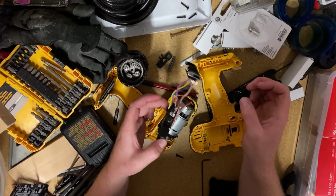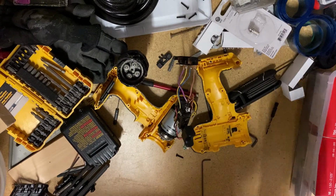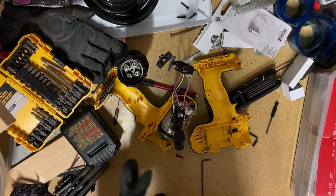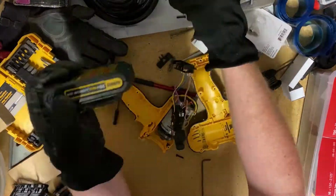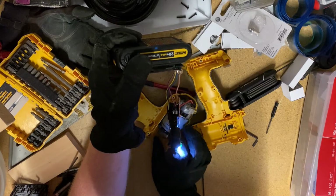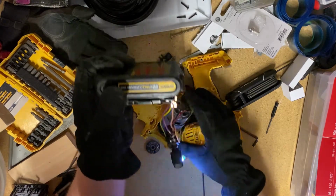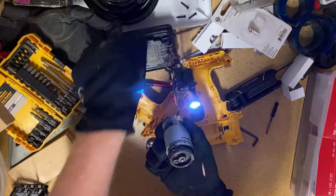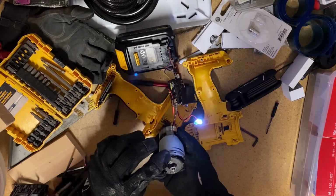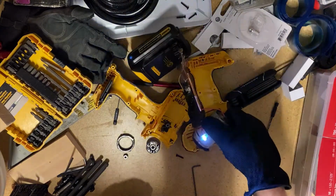And I kind of feel like plugging the battery into it and then just seeing what happens when we pull the trigger here. So, my gloves on so I don't get zapped. It's seated like that. Take these gears out. Let's confirm this thing actually runs. Okay, so definitely once it's disassembled,